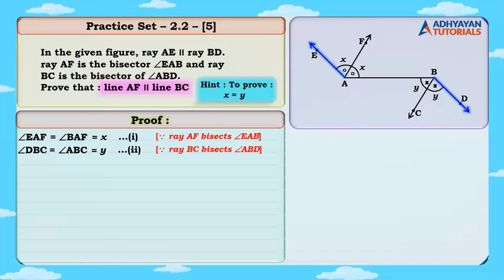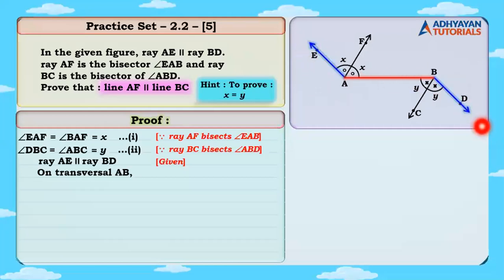Do we have a transversal here? Yes. Once again, the transversal is AB. So the presentation, children, ray AE parallel to ray BD, which is given, on transversal AB. Tell me what shape is visible. What alphabet do we have here? Again, we have a Z which is formed. I hope everybody is able to see it, right?